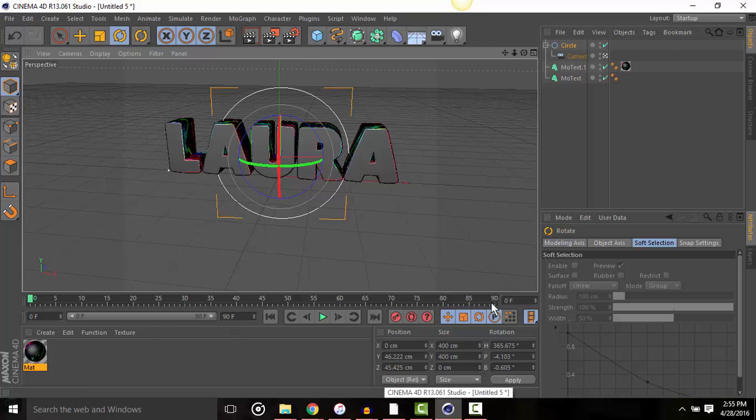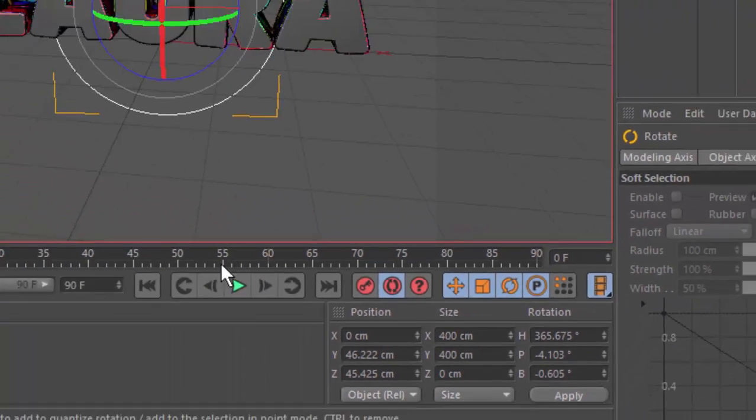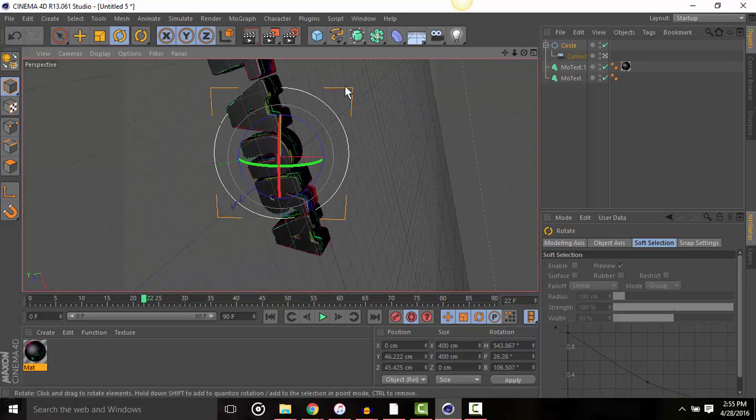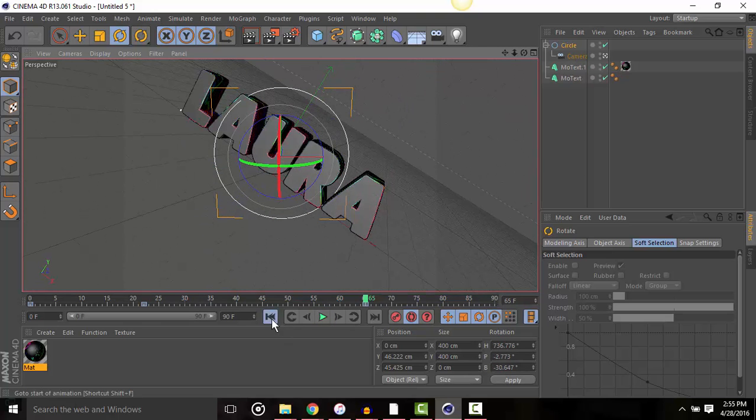So next, what we're going to do, we're going to go to this automatic keyframing key right here, and I'm going to start this a little bit, play, and then I'm going to move this a little bit, and I'm going to let it play, and then I'm going to move it again. And then if we go back,